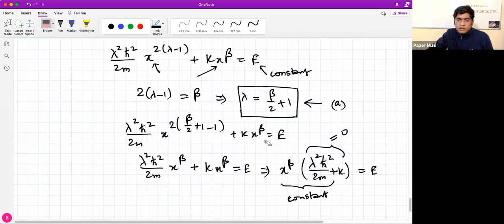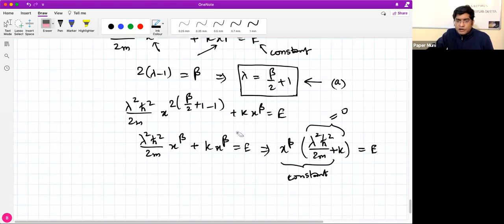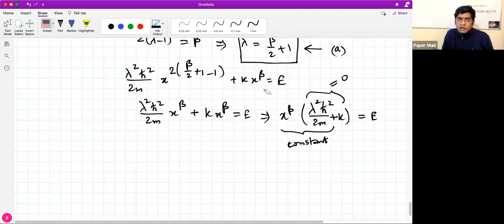All right. So what we want is this term to be constant. Now we can make it constant, and there's only one possible way. If we take these two powers to be equal, and somehow we can take this common, we can of course make this 0 and make it independent of x, and this is also a constant, right? If we try to make this 0, and 0 is also constant, this also becomes 0. Okay, so we have an option to make this term satisfy this whole equation.